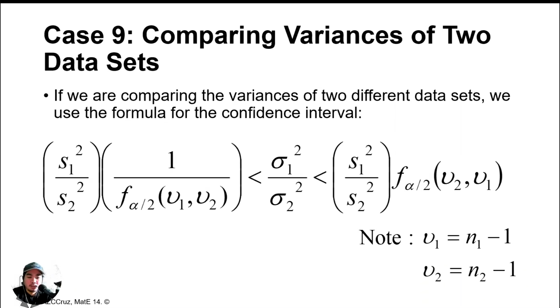ang FLT natin, so ito, this is a case wherein 1 over 2 tayo. Tapos ito naman, para mas malinaw, 1 over 2. So ito, 2 over 1. Pag 2 over 1 yung ginawa natin, this now becomes f.inv ng probability natin is 0.1 over 2. Degrees of freedom ng numerator is this one. Tapos denominator natin is dataset 1 naman. So nagbaliktad siya, no? Tapos gawin natin FRT equals